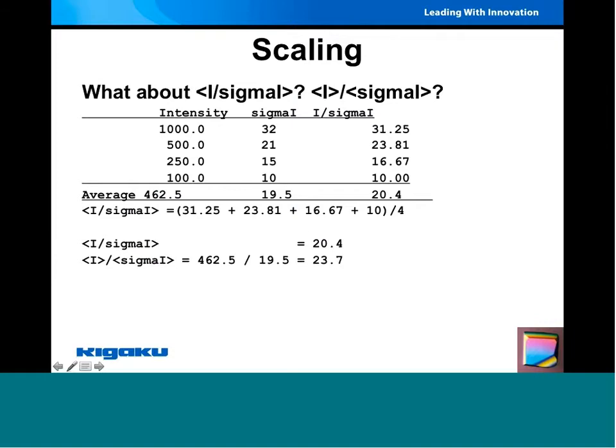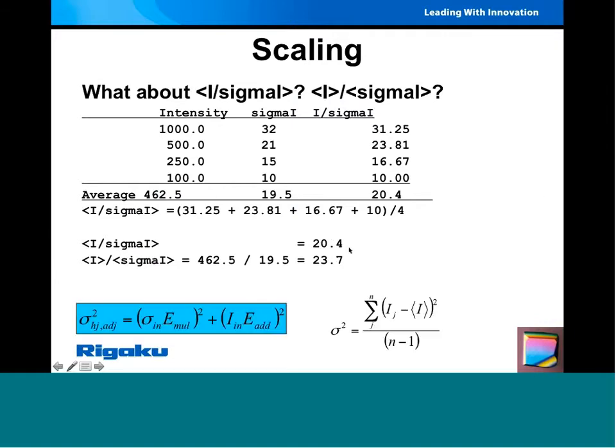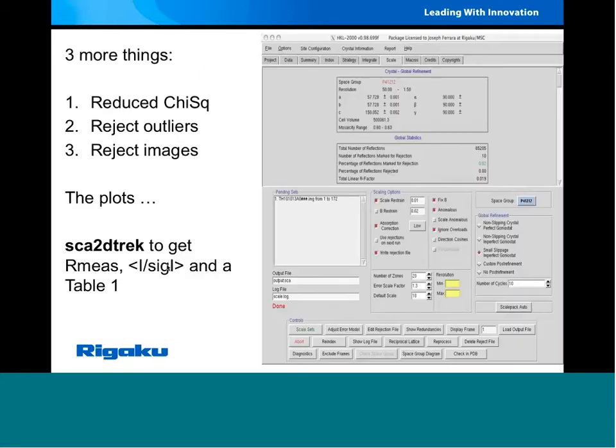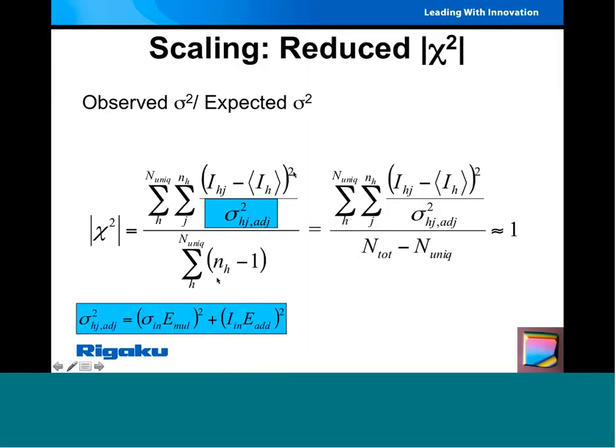And some people say, well, why does ScalePack always give me a higher I over sigma? Well, it's using a different definition of I over sigma than other programs. So the SCA to Dirac overcomes these different definitions and lets you stay with that. That is that. The table 1 we showed,